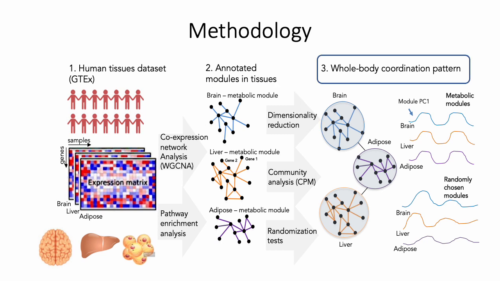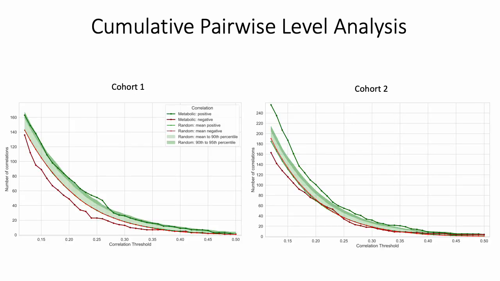Then we applied statistical analysis to see how much the metabolic modules differ from randomly selected modules to see if we can observe statistical significance. So let's look at